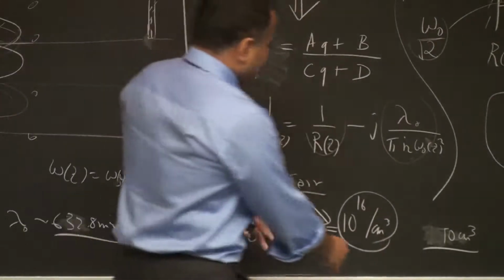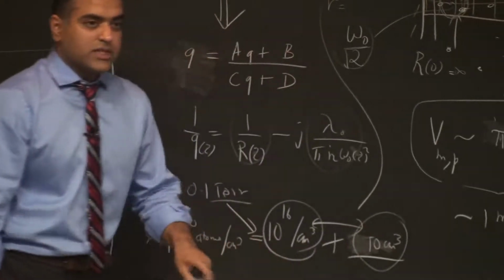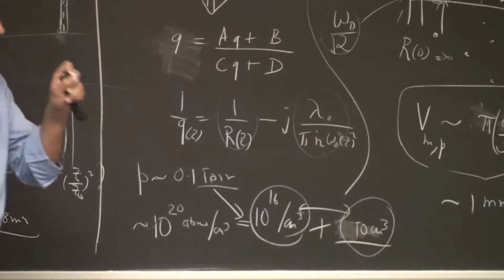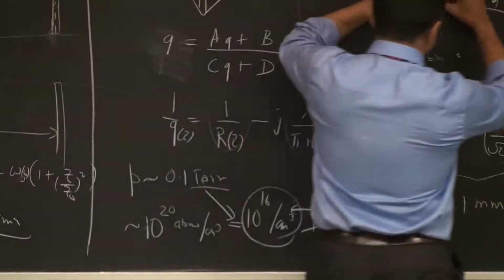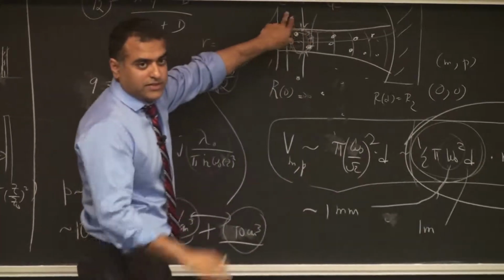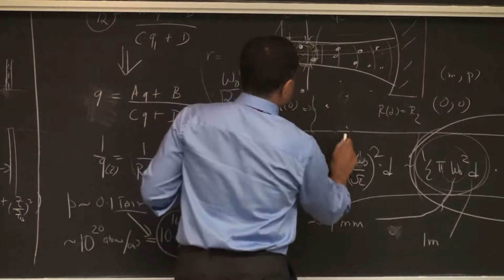Then I take that and multiply it with my mode volume. That will tell me how many neon atoms are there. This is very important. How many atoms are there in that mode, in that volume? Everything else is useless for me, right? Only those will give me gain. So it'll tell me you have this many, and then for a laser, what we will be doing is